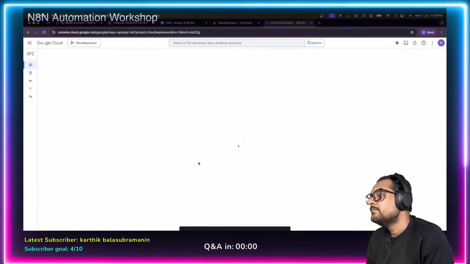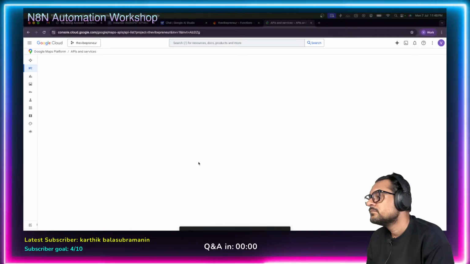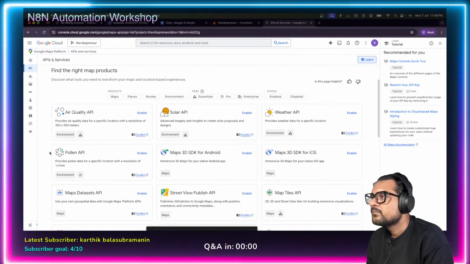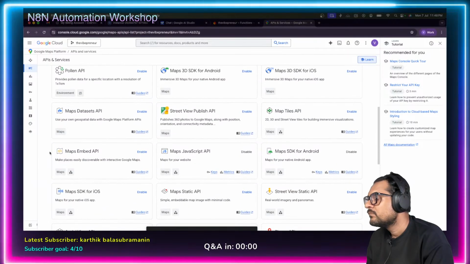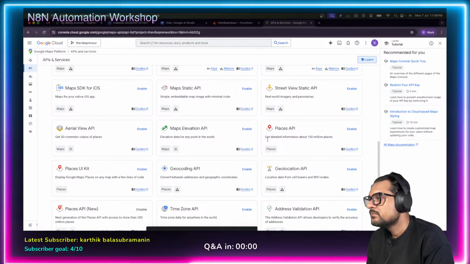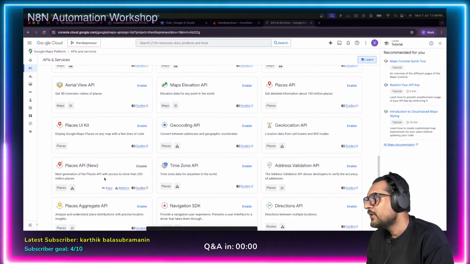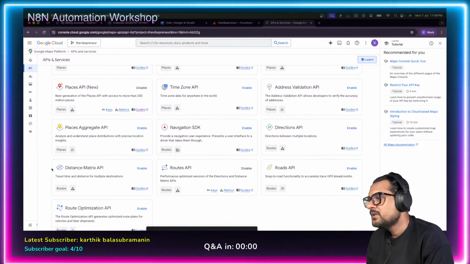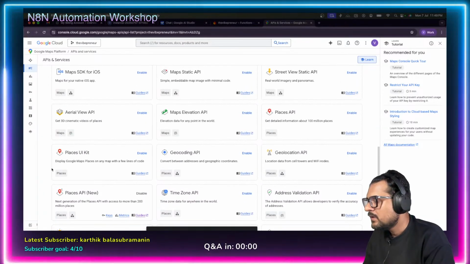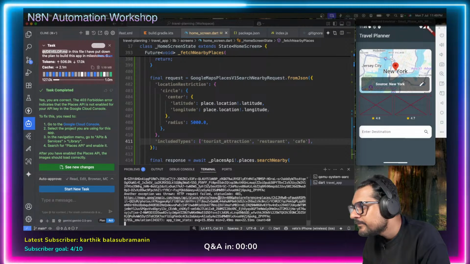That isn't the problem. This is new, right? Oh, is it the old Places API that we need to enable? Because